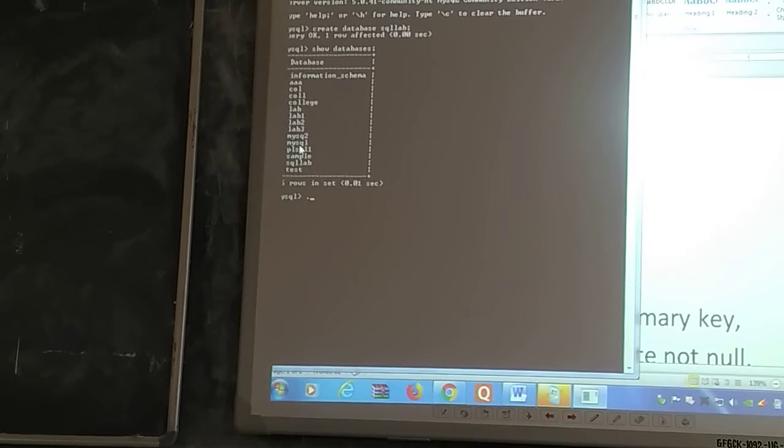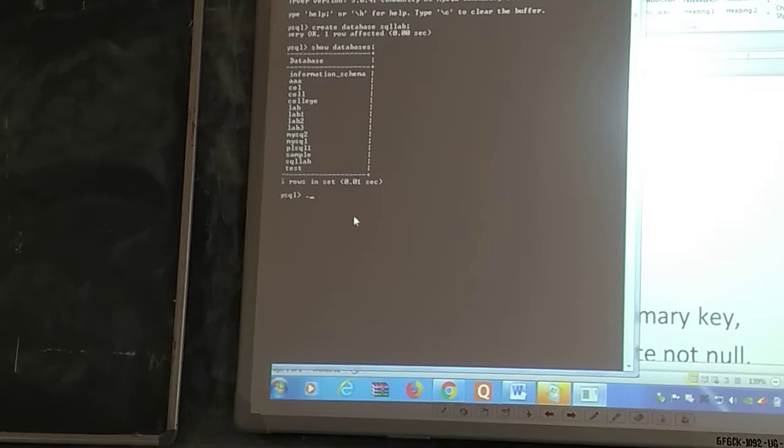So once our database is created, now we have to get inside the database to create a table and to perform the other operations. In order to get inside the database, you have to use a command called use database name, that is SQL Lab. Database changed.